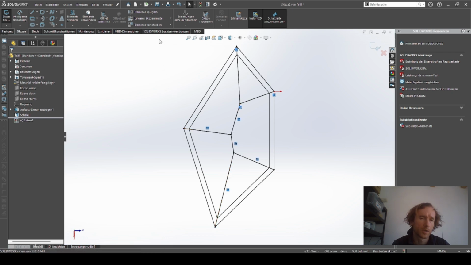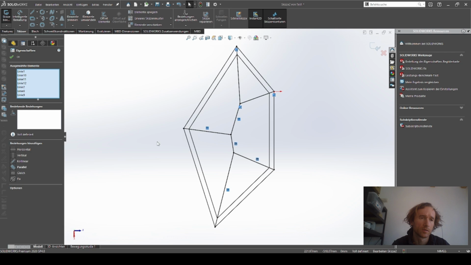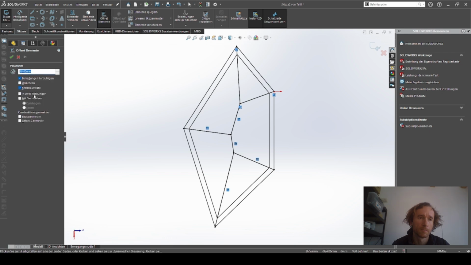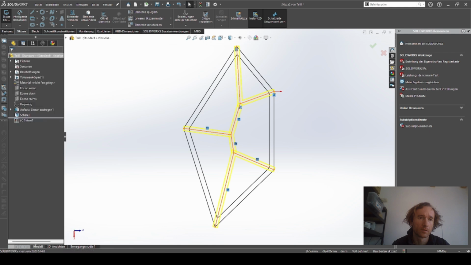I know maybe it can be done a little bit easier than that, but I will right now mark every line. They're marked, and I am offsetting to both sides, 0.2 millimeters,